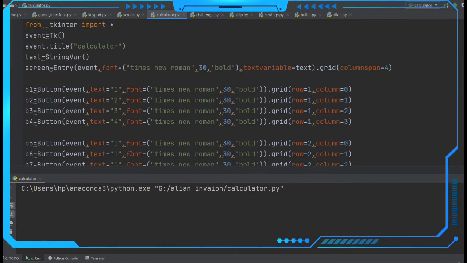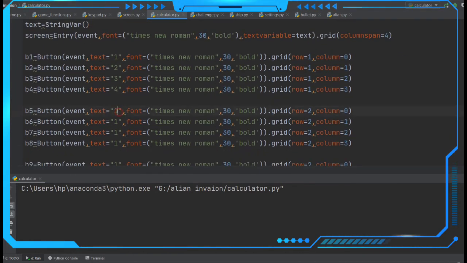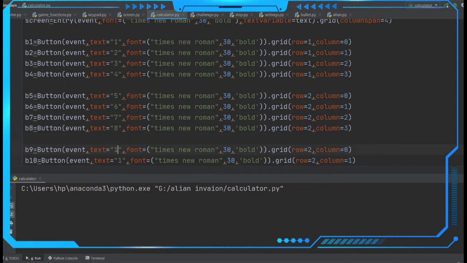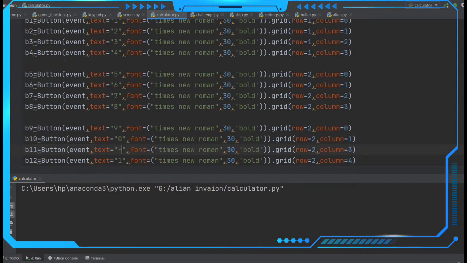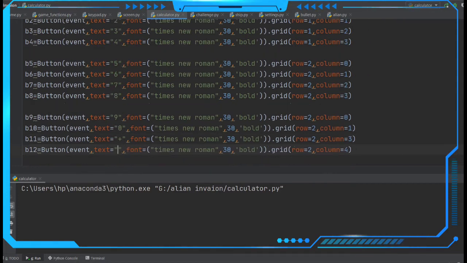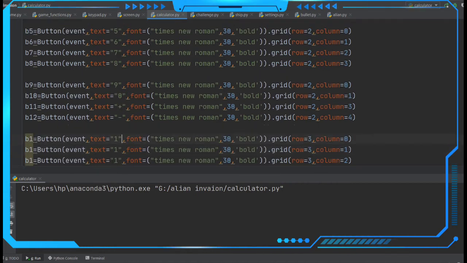So after 4 we have to get 5 here, and then 6 here, 7 here, and 8, 9. After 9 we should get 0 here, and then we need the plus sign here, and then minus.